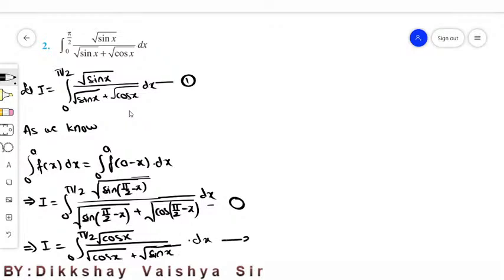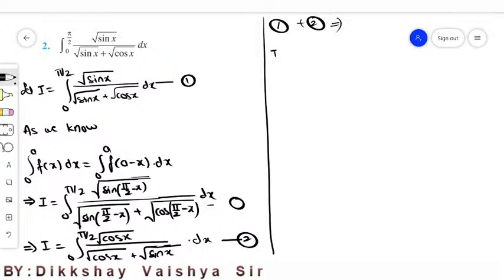Dx, equation 2. Now check what we have done. We make the denominator equal, sin x plus cos x plus sin x. Okay, now same thing again, 1 plus 2. 1 plus 2 implies I plus I is equal to integral 0 to pi by 2. Now equation 1 is under root sin x upon under root sin x